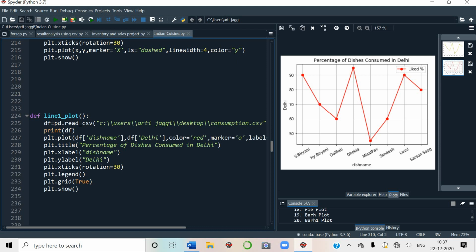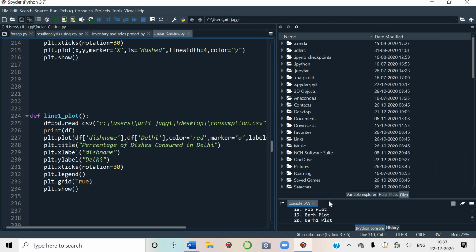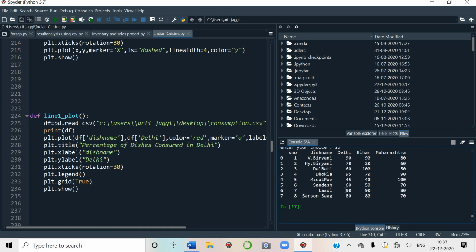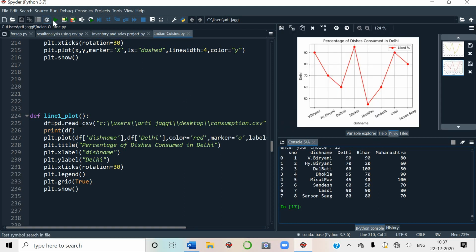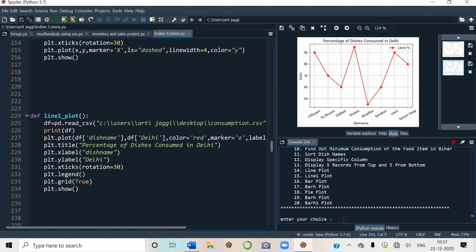Legend, this is plt dot legend. So it is showing here percentage liked. This is called legend. And I have taken plt dot grid. In the background, you see these gray colored lines, this graph sort of thing. This is called grid. So that is True. Whenever True or False is given, it starts with a capital. Now this one is done for you. This was 15. I'm going to run number 16.